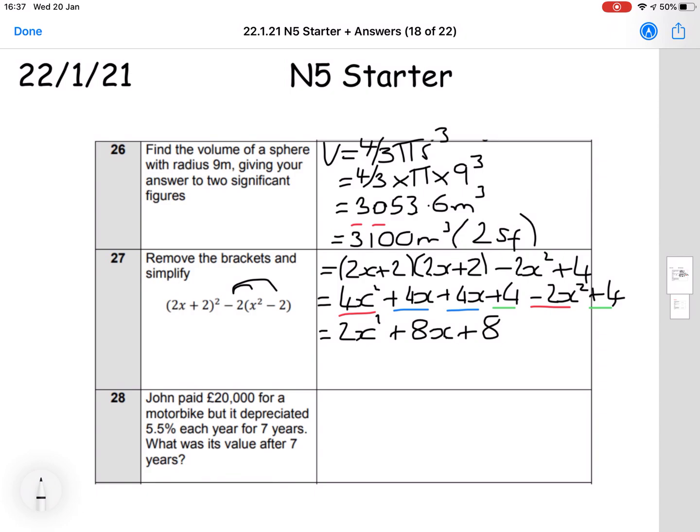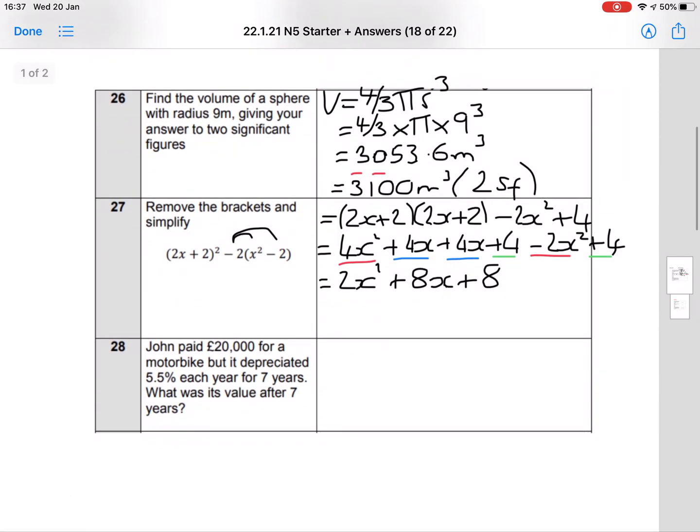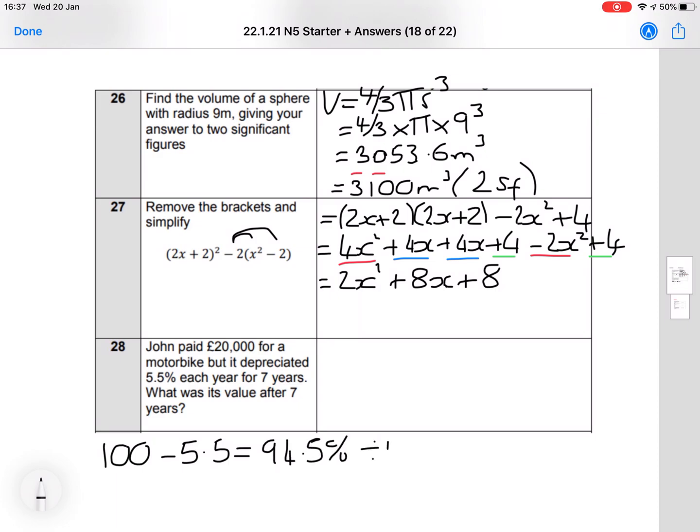So the first thing we need to do is our multiplier. So if we started with 100% and we're losing 5.5% every year, that means that we're going to be left with 94.5% each year. So to change that to a decimal, we're dividing by 100. So that's going to give us 0.945. So our working is going to say £20,000